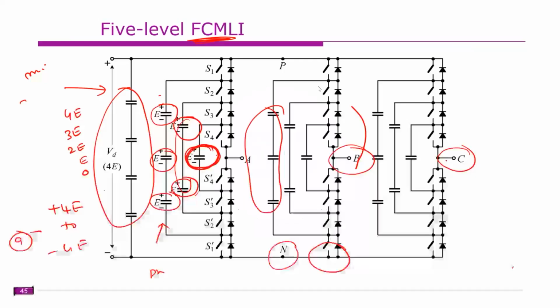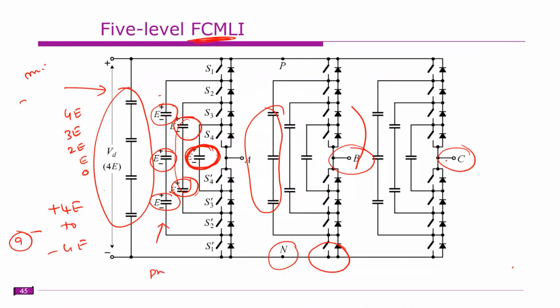In the previous class we started discussing the flying capacitor multi-level inverter. In this, the multi-level voltage can be obtained by multiple pre-charged capacitors. These are the capacitors, and they are pre-charged to a finite value. Based on turning on and turning off of the switches,